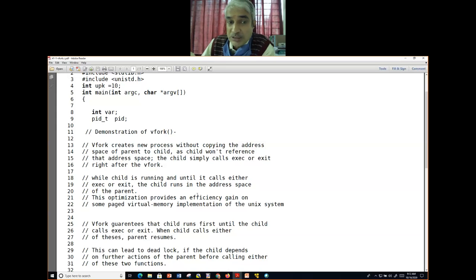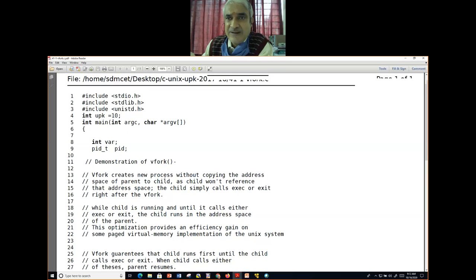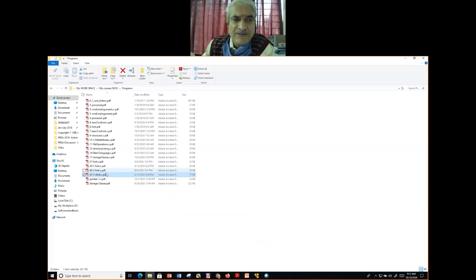Until it calls either exec or exit, the child runs in the address space of the parent itself. So whenever parent and child modify something, it gets reflected in each other. Got it? There is a difference. The purpose of vfork is to call exec. We do agree, right? So this we have gone through. Please understand all these things clearly.